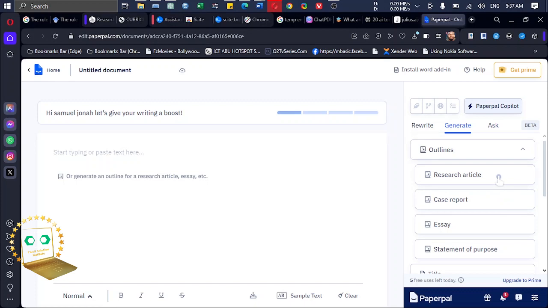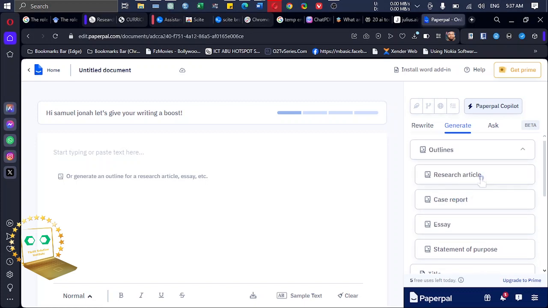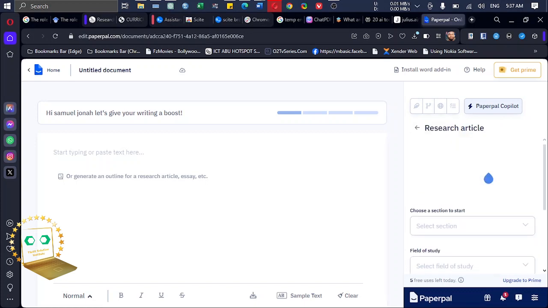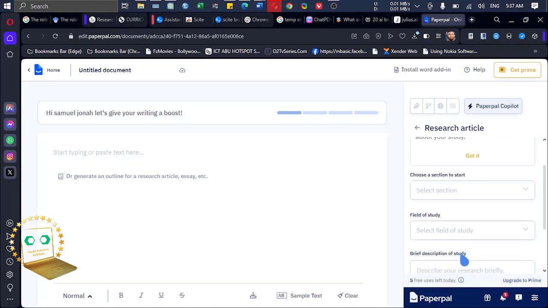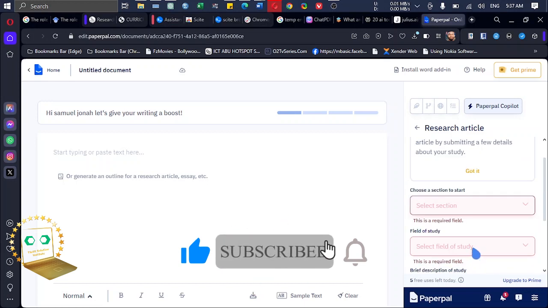Let's just try research article under outlines, and then it can even do statement of the problem, write an essay for you, case report. It has many uses. So just do research articles and then just tell it what you need it to do. Remember, the key is